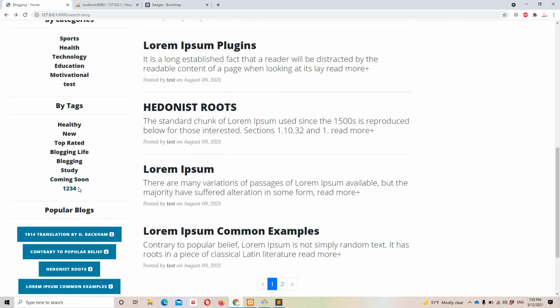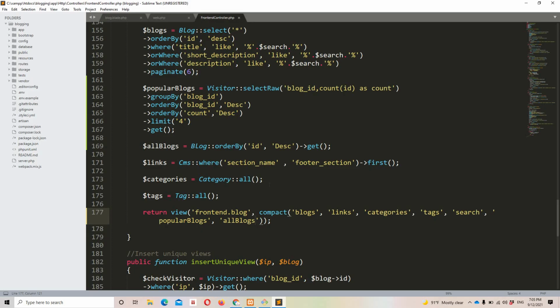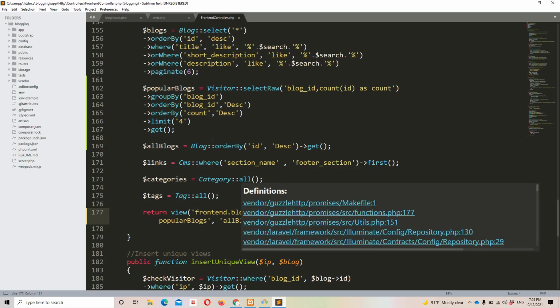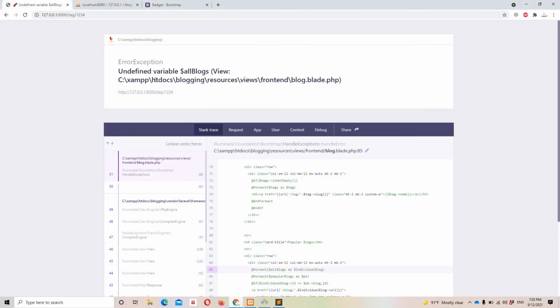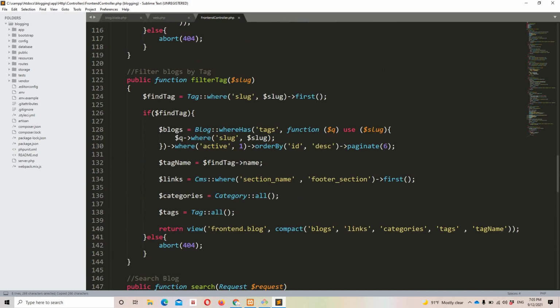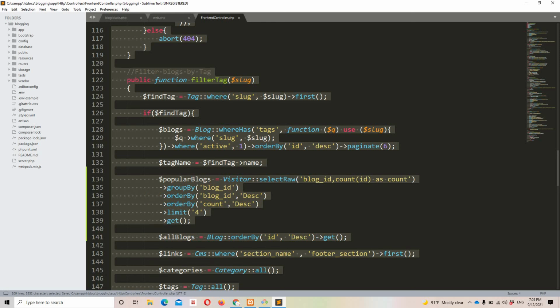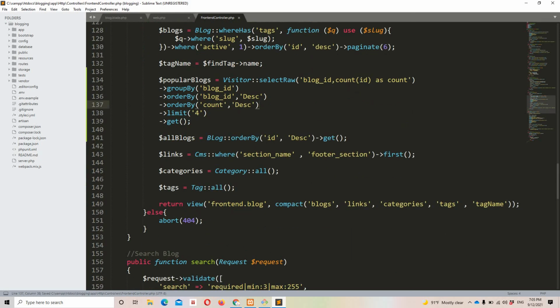Okay, let's try the tags. Same case guys, we are not returning all blogs. If you just put the if condition, it should work fine, but in this case as well, we need all the blogs, and we need to show the popular blogs, and these links should be working links on every single page. So for that reason I need to once again copy this, and let's paste it in the tags right here, just after the tag name, and let's return it to the view.